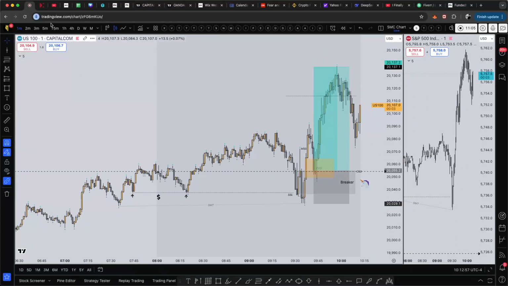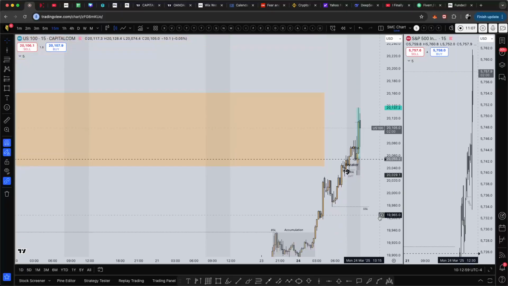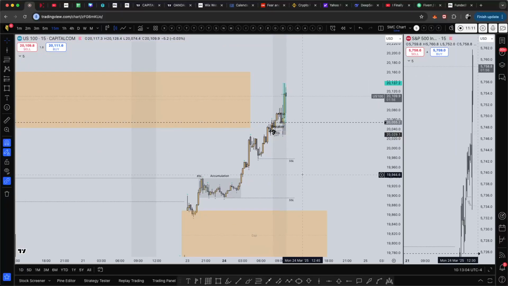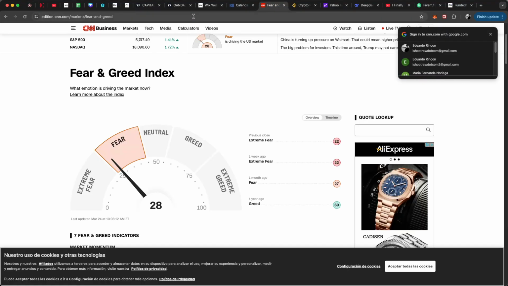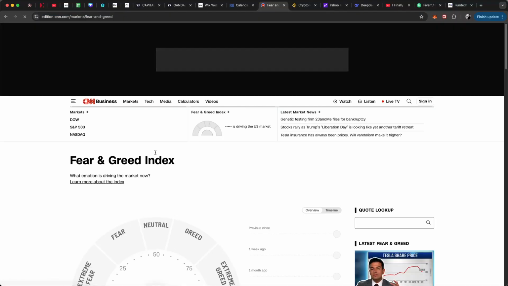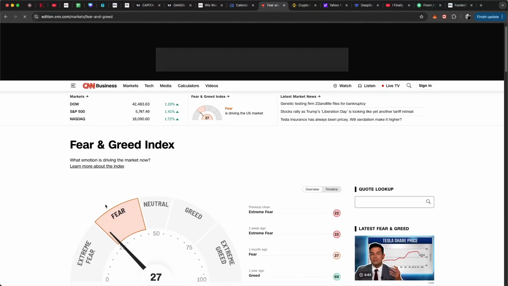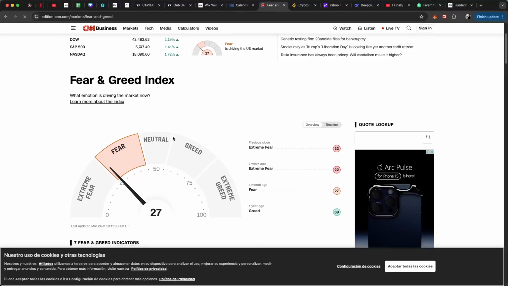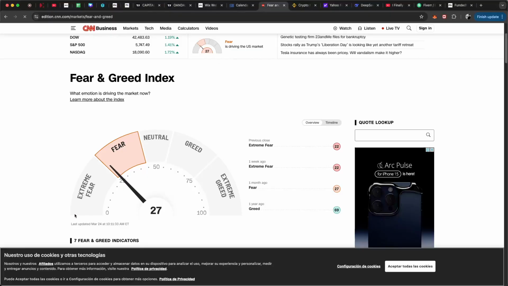This little internal model, again, I was expecting, to be honest, a much bigger pullback, but I mean, it's so overbought. I guess that's what it is, fear. Look at this. Interesting. We're getting out of the extreme fear for the first time in, I don't remember, like 2 weeks, 3 weeks or so, ever since Donald Trump started with all these tariffs. So we're finally out of the extreme fear.